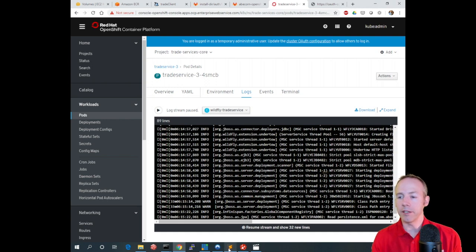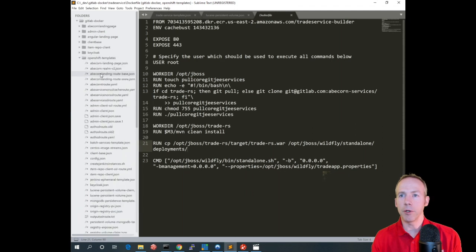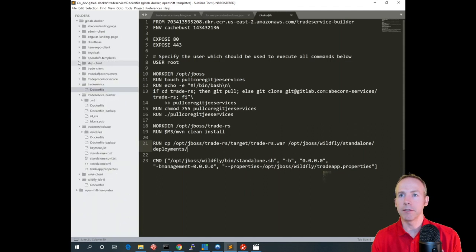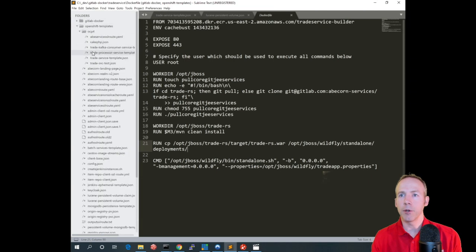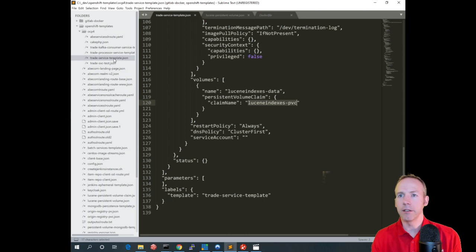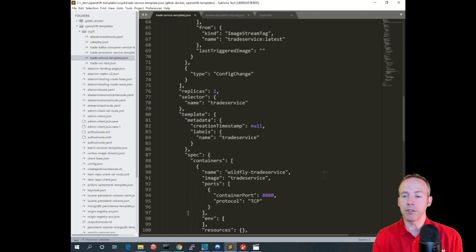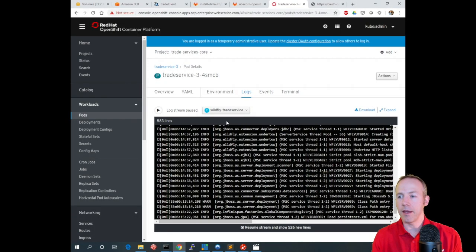So one of the things that I did inside the deployment config, so inside the OpenShift templates here, I set the number of replicas to 2. I could spin this up to any number that I wanted as long as I don't go past